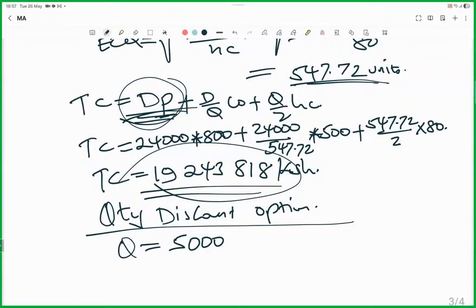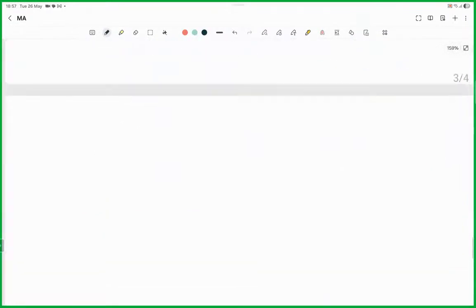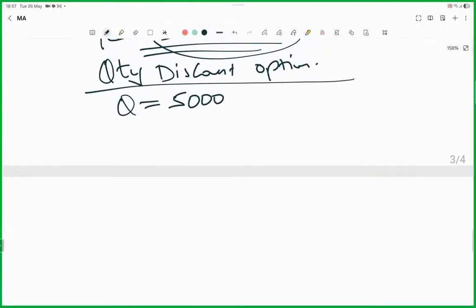So don't tell me, Mwalimu, I can even buy 10,000. Where will you store them? You know, when you buy a lot, then you're looking at space. You're looking at affordability. So you only procure the very least quantity given there for you to qualify for a discount. Now that we have qualified for a discount, what will be the next thing? Give me the new buying price, the new purchase price. Now that we shall be getting a discount,